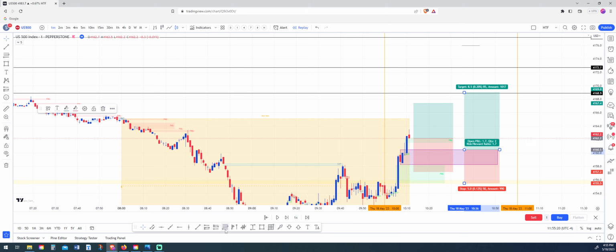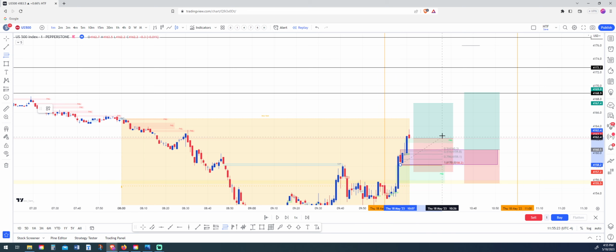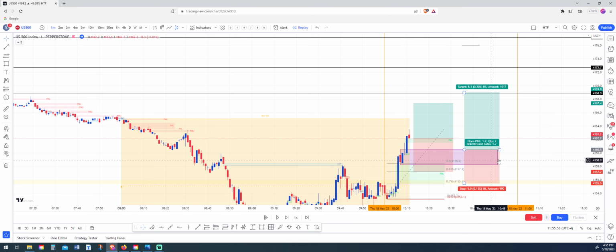The other option, which I'm just thinking on the fly now, would be to wait for a retracement of this leg, the optimal trade of that second leg up, which would bring us into this volume imbalance area. So the 60% retracement level is just down here into the order block as well. It's obviously not going to be 60% of that leg, 50% of that.